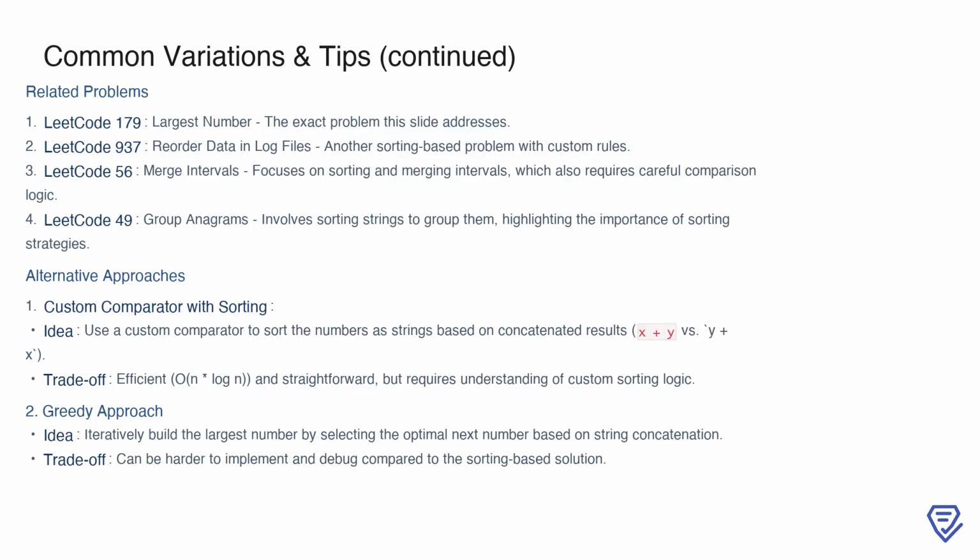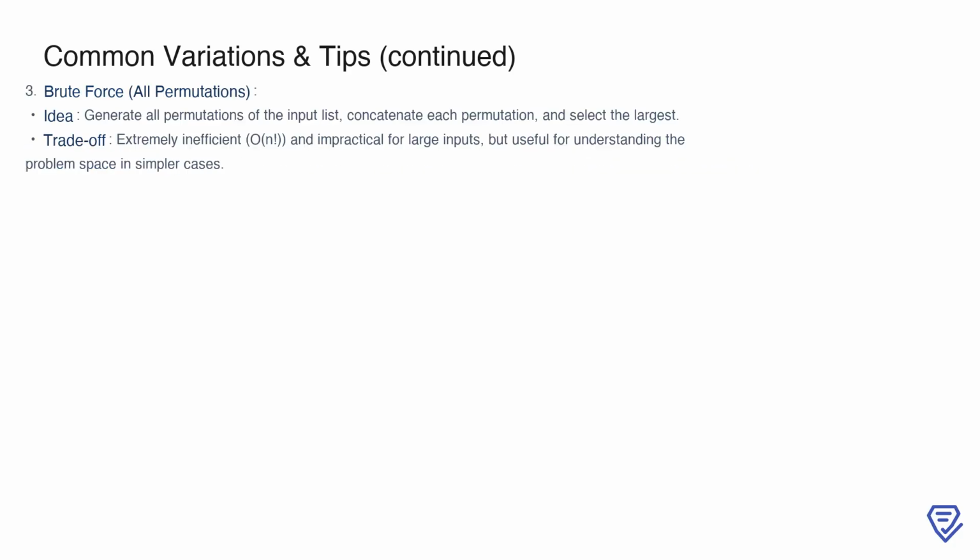Another option is a greedy approach, where you iteratively build the largest number by selecting the optimal next number based on string concatenation. While this approach can be effective, it's often harder to implement and debug compared to the sorting-based solution. Finally, let's consider the brute force approach, which involves generating all permutations of the input list, concatenating each